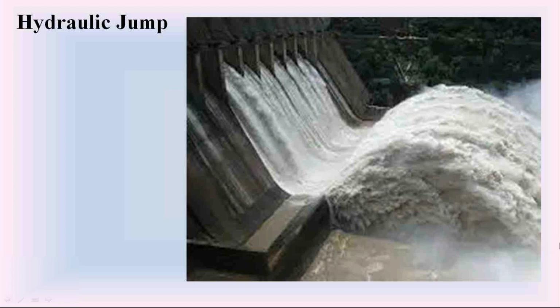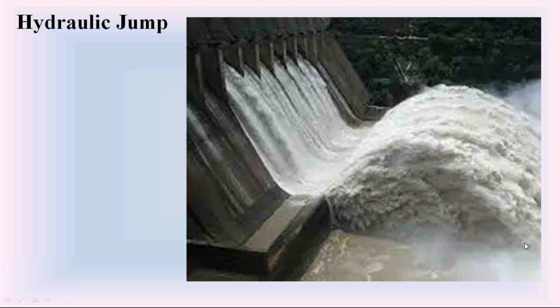From this portion onwards, the depth of flow is high, the water is in subcritical condition. So over a small length of travel, the water condition is changing from supercritical condition to subcritical condition. Due to the transformation, we have the development of a phenomenon during the transformation from supercritical condition to subcritical condition, that is called hydraulic jump.